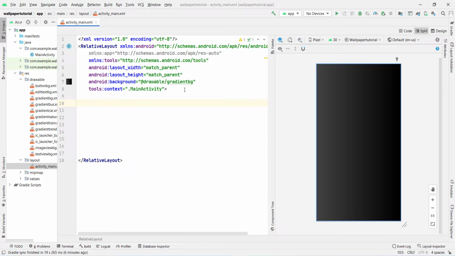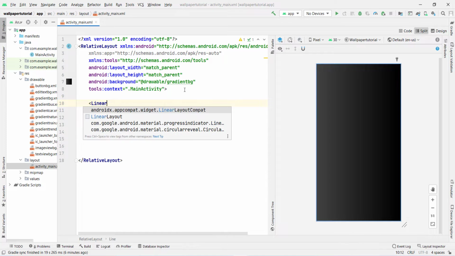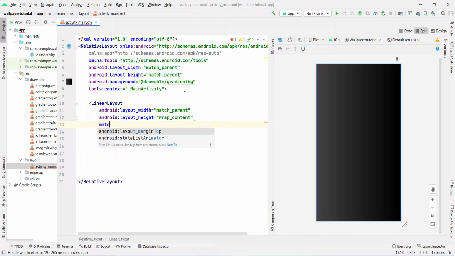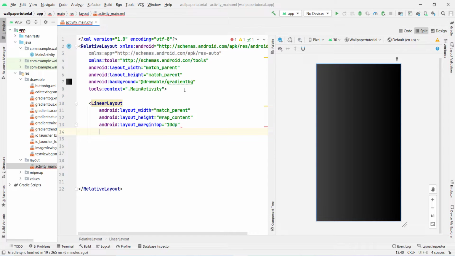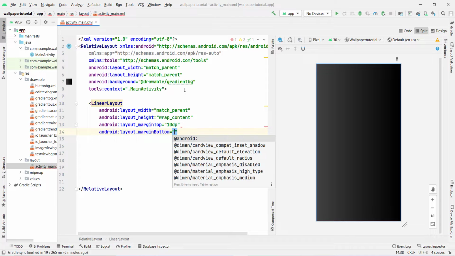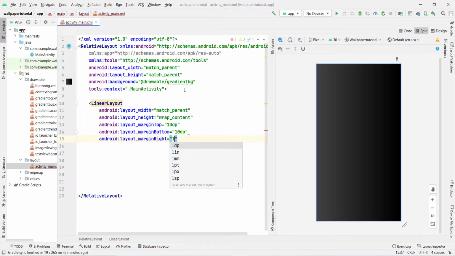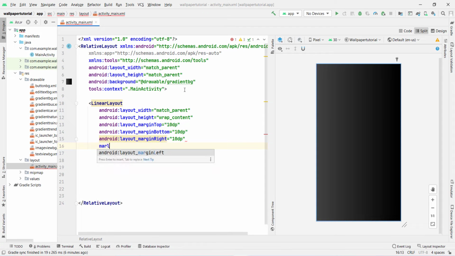So first of all, we will create a search bar. In the search bar, we have an edit text to take the search query, and a search icon. So take a linear layout, type here linear layout, set the layout width match parent, height wrap content, give the margin top 10 dp, margin bottom 10 dp, margin right 10 dp, and margin left 10 dp. So it is fine. Now give the id name search layout,